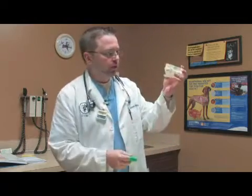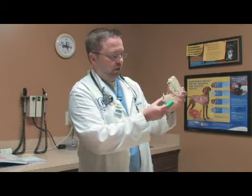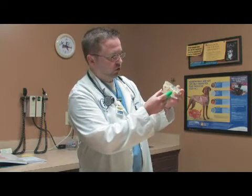most veterinary clinics. And once you have that, the best thing to do is, if your pet will allow you to do it, you will take your finger brush or brush, apply the toothpaste to that, and then start very gently. And so this is a model of a canine mouth, and basically what you're going to do is start